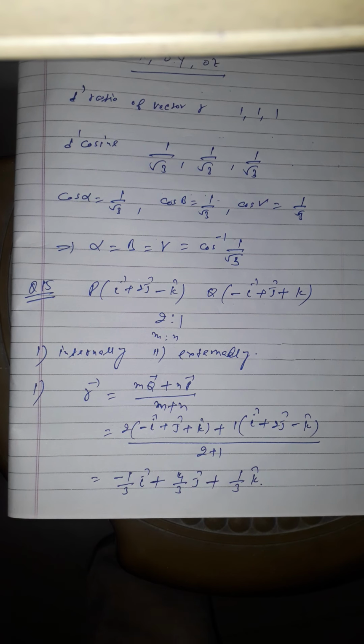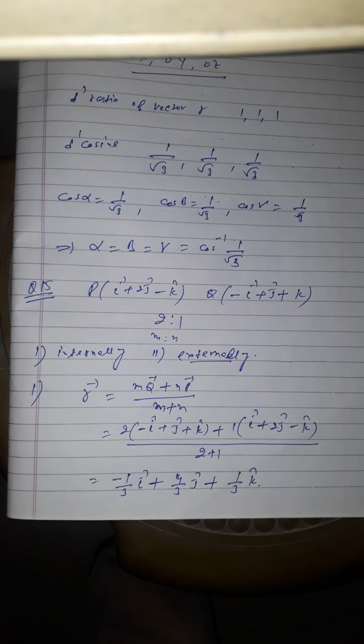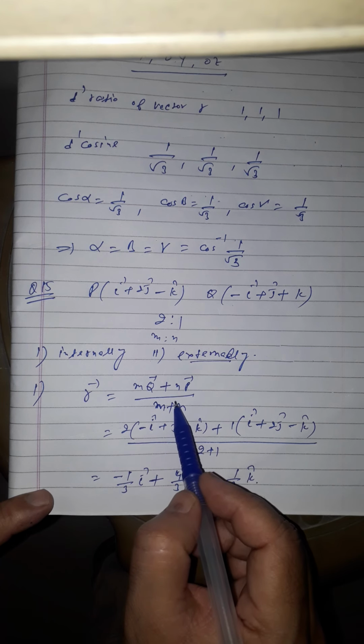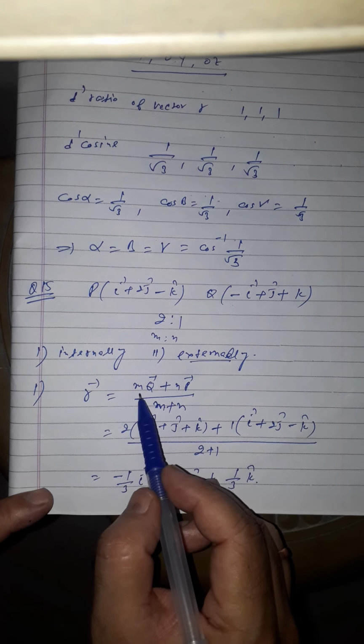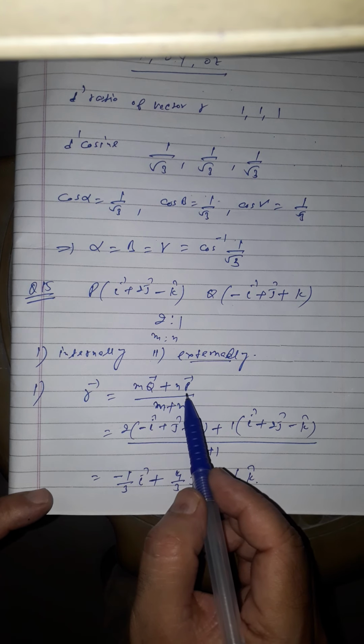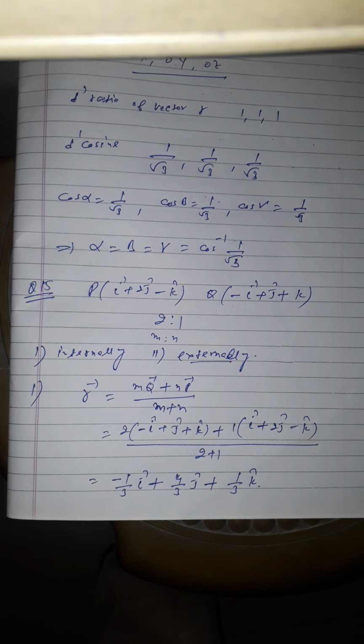So this is the way, students. In the same way, we can find out the solution when it divides the line externally. In that case, what will be there, students? There will be the minus sign. Here it is also m minus n. So we will solve it in such a way, m q vector minus n p vector upon m minus n, and your answer will come. The rest of the questions in this exercise are the same, students. So try to solve those questions yourself.